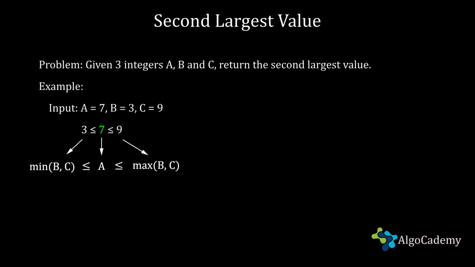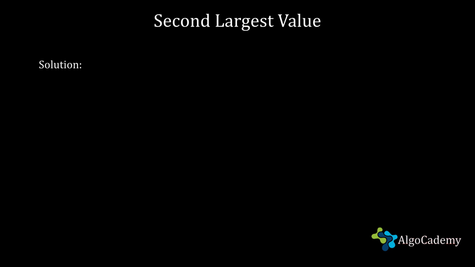So we saw an example where a was our answer and an example where b was our answer. Any of the three input integers a, b, and c could be our solution, so what we are going to do is try each of them. We will first check if a is our solution. So, we are going to write an if statement which checks if the minimum between b and c is less than or equal to a, and also if a is less than or equal to the maximum between b and c,